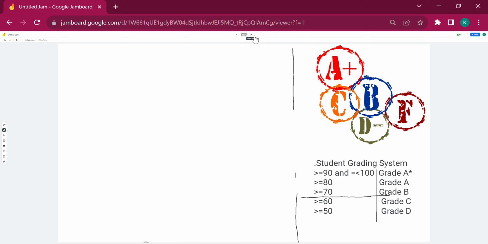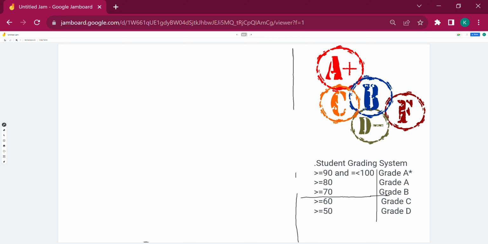So let's start. As you can see here, I have assigned different grades to students on the basis of their marks. If I'm going to write the pseudocode for this specific example, we need to take marks as an input, and on the basis of marks our pseudocode is going to decide what should be the grade given to a specific student. For example, I am going to write a pseudocode for 30 students. Number of students are 30, and